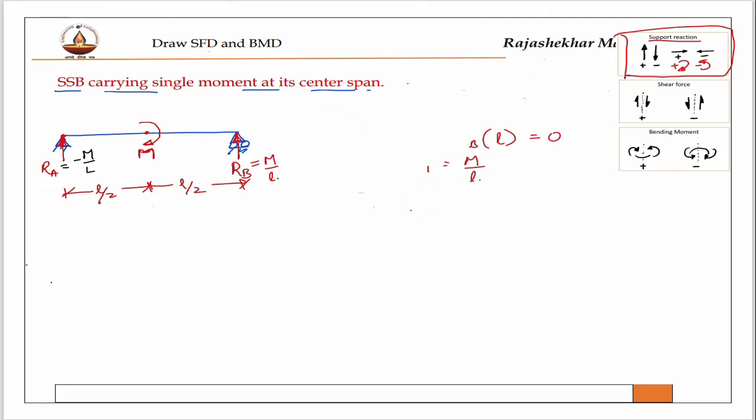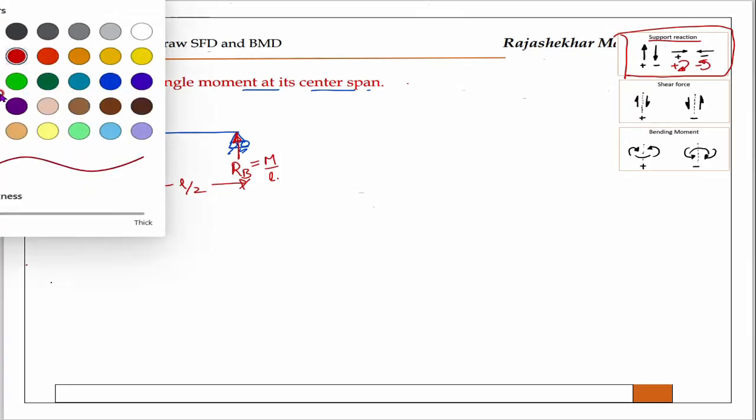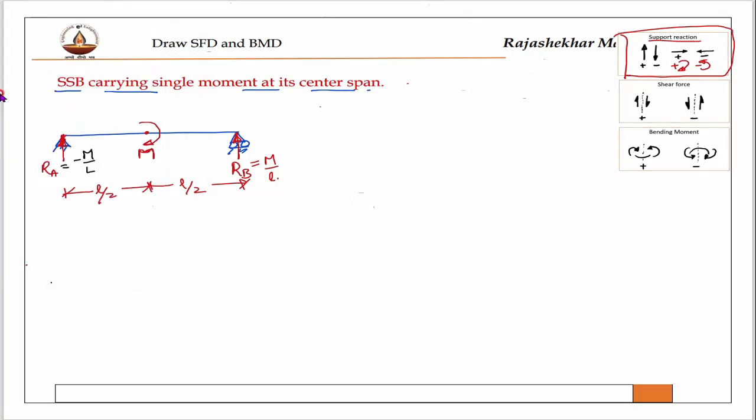Okay, you should know when I draw shear force, there is a rule. That rule is wherever a point load is there, two sections you have to consider. Then another rule for bending moment is wherever a moment is there, two sections you have to consider. Now name the first point as the A point, this is the B point, and the middle one is the C point. Now shear force at